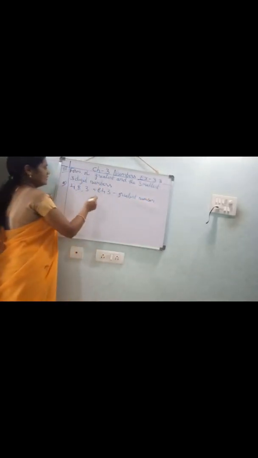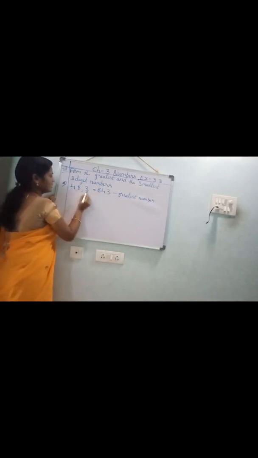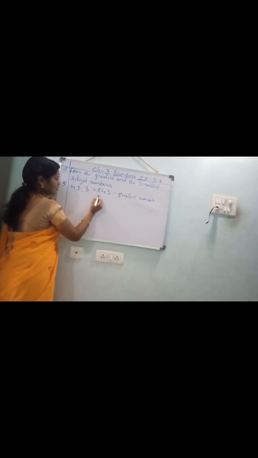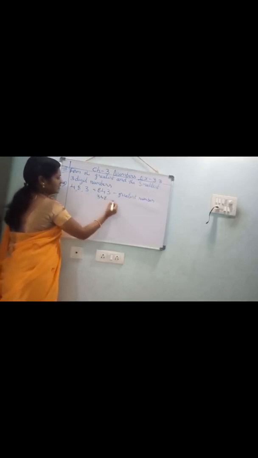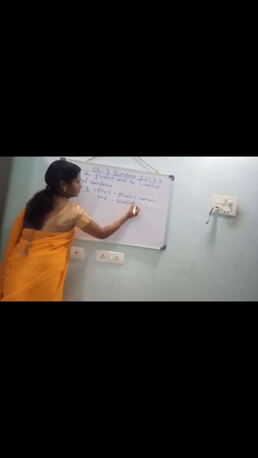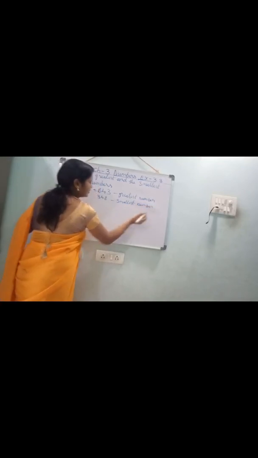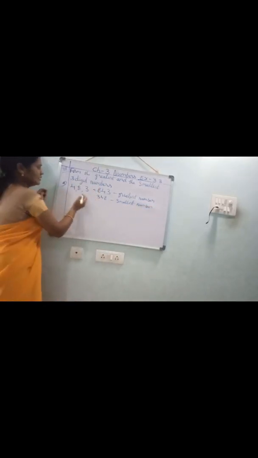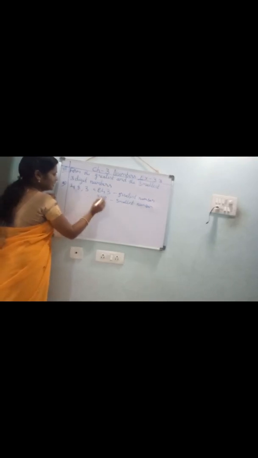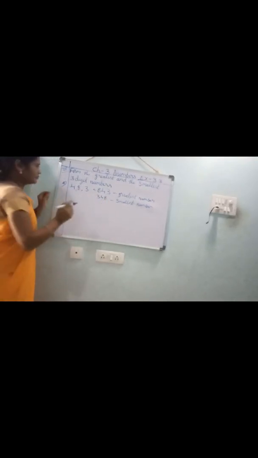Now, from these numbers, you should write the smallest number also. See, which one is smallest here? 3 is smallest. After that, 4. After that, 8. This is the smallest number. Understood, children? What are we doing here? We are making one number. We are using 3 numbers and we are making one number. Understood, children? See?